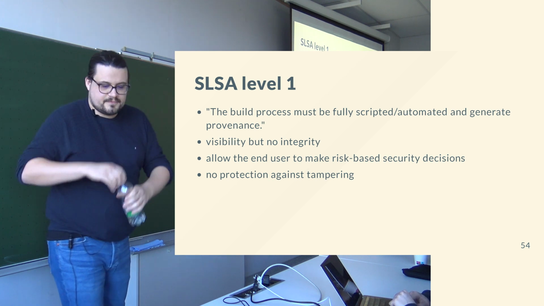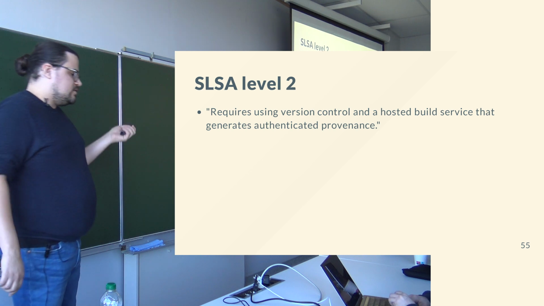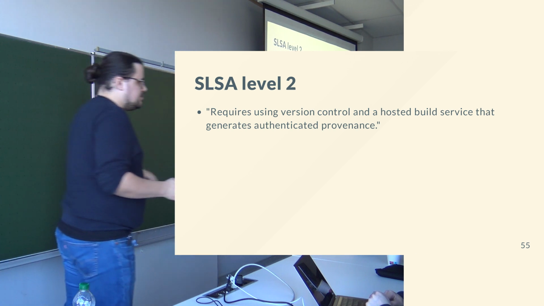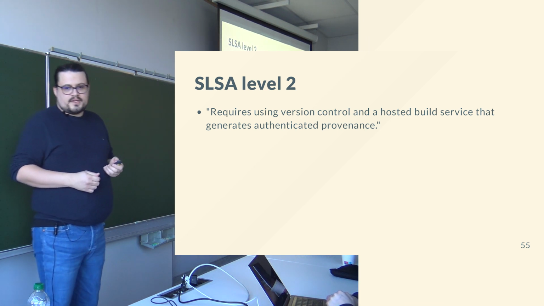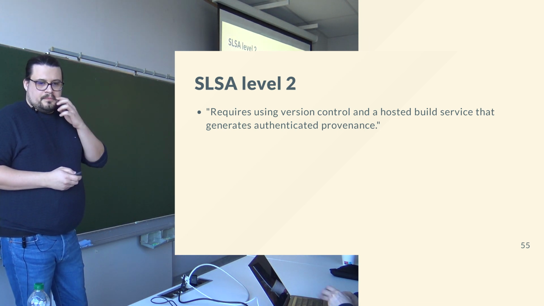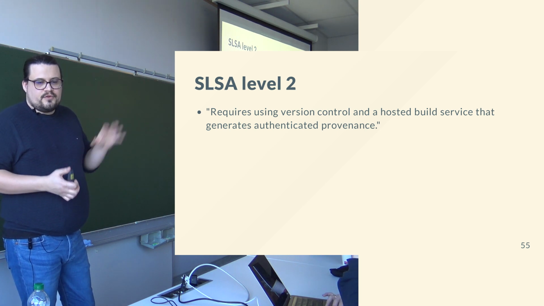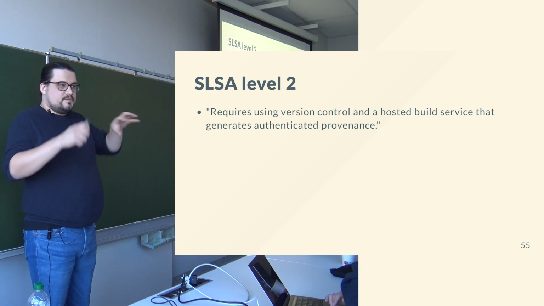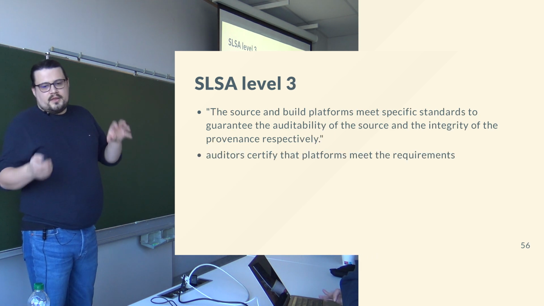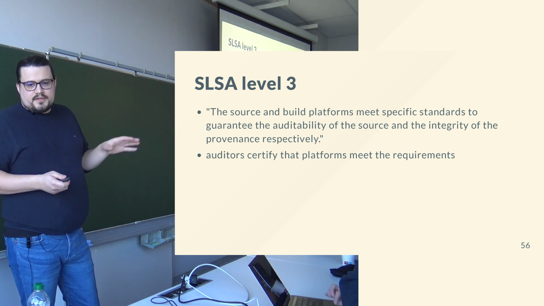It's mostly declarative. And then the other 3 levels are increasing levels of integrity and validation of the process. So level 2 has a first level of provenance, which are basically certificates that attest a specific state of the system. And then you have growing levels, level 3, level 4. And the idea at the end is to have